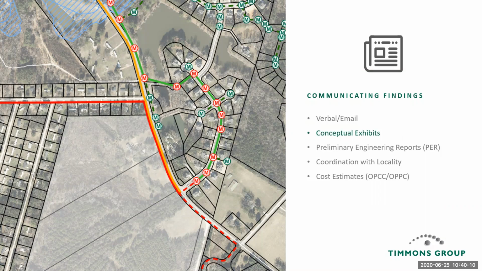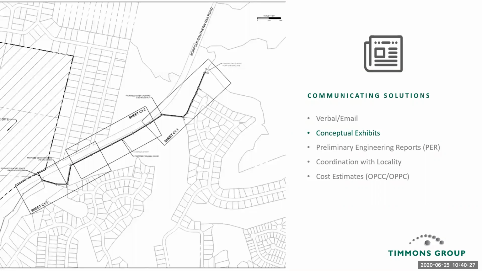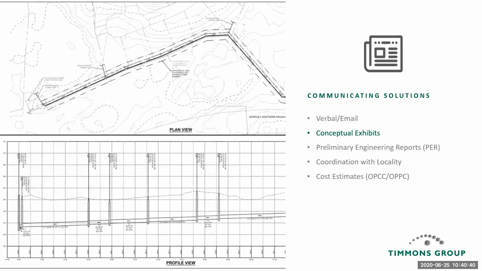So typically, the bare minimum is going to be conceptual exhibits. It could be something as simple as what we've got shown here, an aerial exhibit with some PDF markup showing where in the system capacity is a concern or what our plan might be to address that capacity. But depending on the nature of the project and how substantial or expensive these improvements may be, it may be necessary to take the conceptual exhibits to the next level, something a little closer to design level, which might look like this. Again, this gives the client, the owner, and even the locality more comfort that the improvements necessary are adequate,